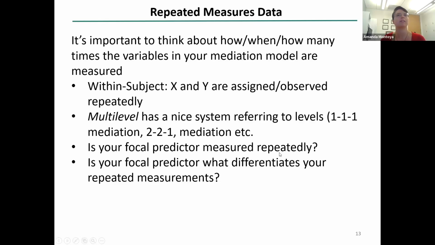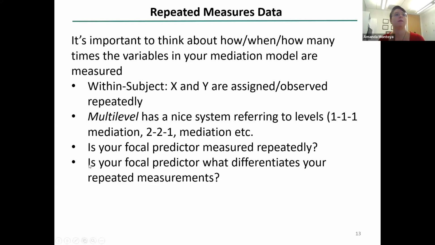If the focal predictor is not measured repeatedly, then it's not a repeated measures design for that specific analysis. Again, we talked a little bit about order, right? You can only experience the manipulation in one order. So if you're focused on the effect of order, then it wouldn't necessarily be a within subjects design for that analysis.